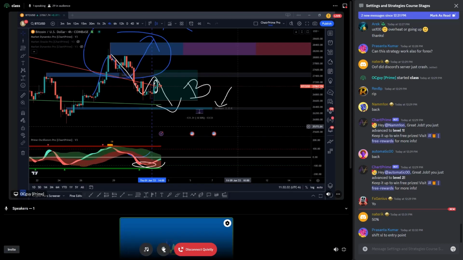All right, shift stop loss to entry point. Yes, I mean, we already have. Nice. Percent commodity. Yes, you're correct. We already have because we have our first candle in the green, and we already have taken some money out, so 50% out, correct? So now let's start finding some Confluence, shall we?